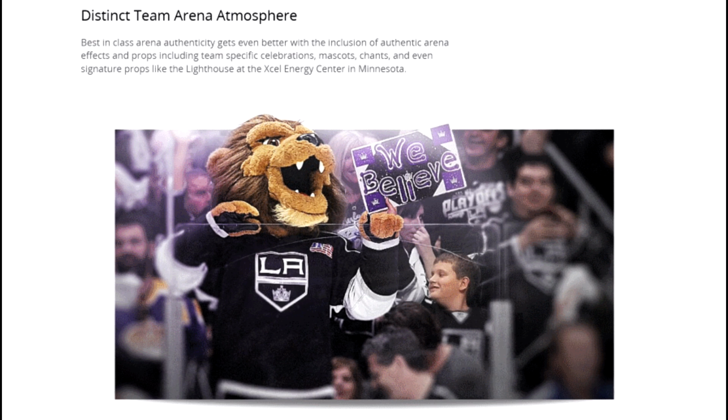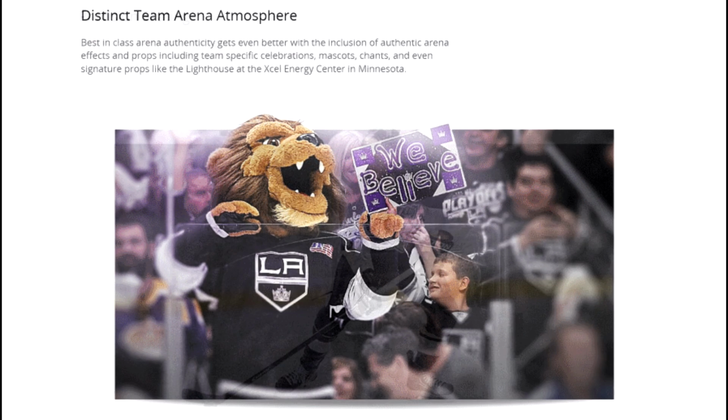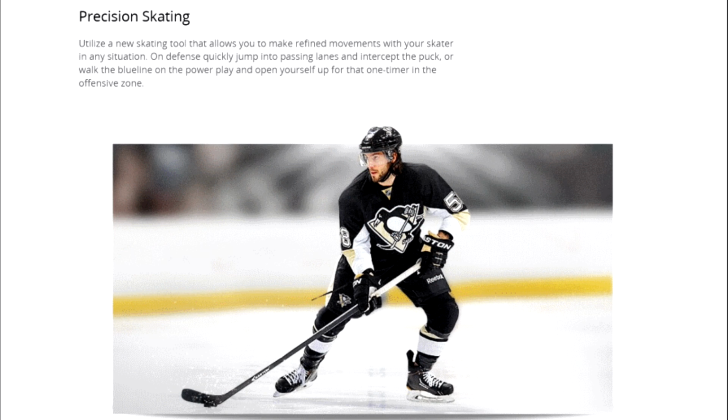What they have done is they've put vision control back. They've got what they call precision skating, which is not necessarily vision control, but apparently they have new controls to help you get into passing lanes. And they have controls which help you skating when you're on defense. And certainly when you're a D-man in the offensive zone, to straddle the blue line and to make sure that, certainly on the power play, you know, being able to use your points effectively